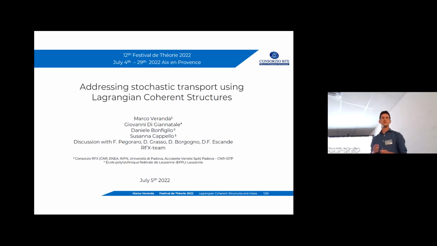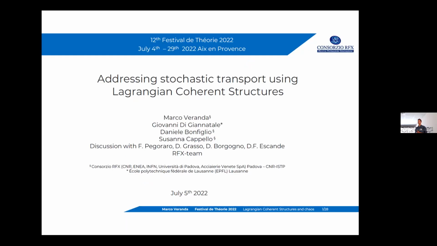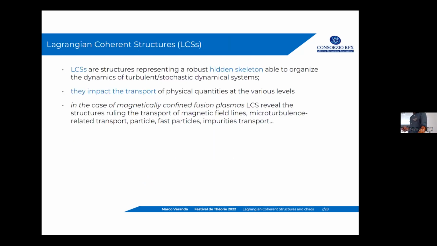And today I want to talk to you about Lagrangian Coherent Structures, which are a method, a technique that helps us understand better the topic of stochastic transport. And before beginning, I just want to give a quick definition of Lagrangian coherent structure that I will deepen during the talk. They are structures that represent a robust hidden skeleton that is able to organize the dynamics of turbulent